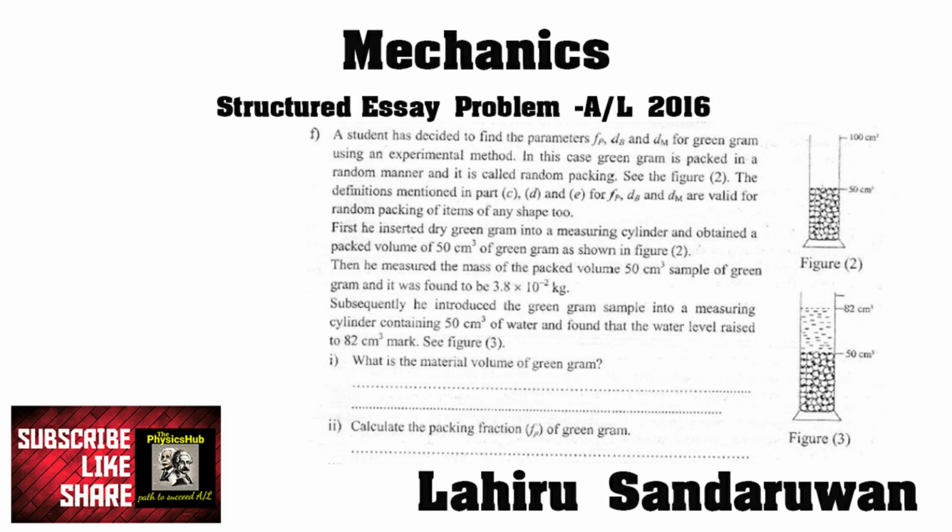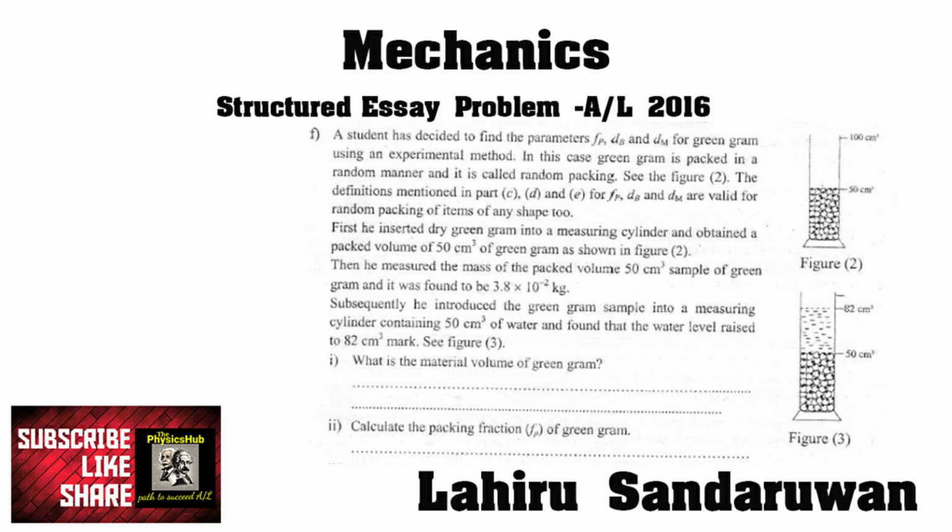In part F, a student has decided to find the parameters Fp, dB and dm. Fp means packing fraction, dB means bulk density, dm means density of material, for green gram using an experimental method. In this case, green gram is packed in a random manner. It is called random packing. See figure 2. The definitions mentioned in parts C, D and E for Fp, dB and dm are valid for random packing